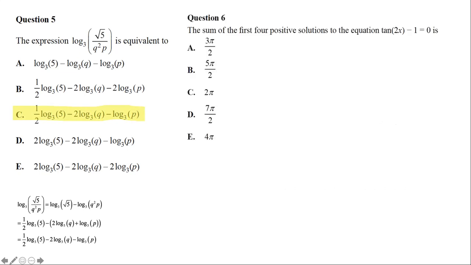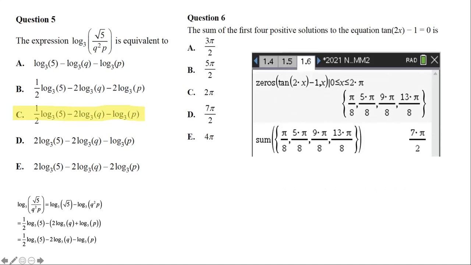Question 6 wants us to find the sum of the first 4 positive solutions to the equation tangent 2x minus 1 equals 0. Here, I used the command on my CAS calculator, zeros, to find the x-intercepts for this function. Notice that I used the domain 0 to 2 pi. That is, I noticed